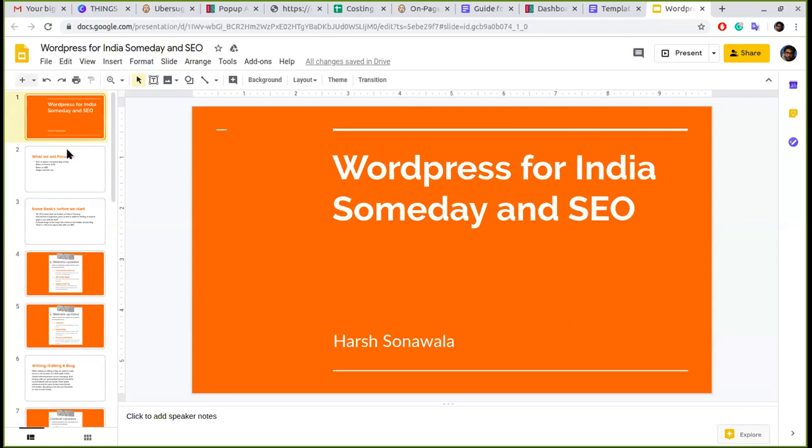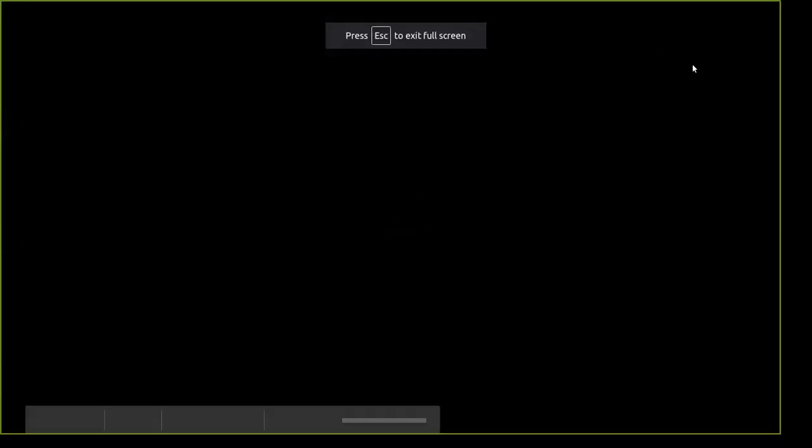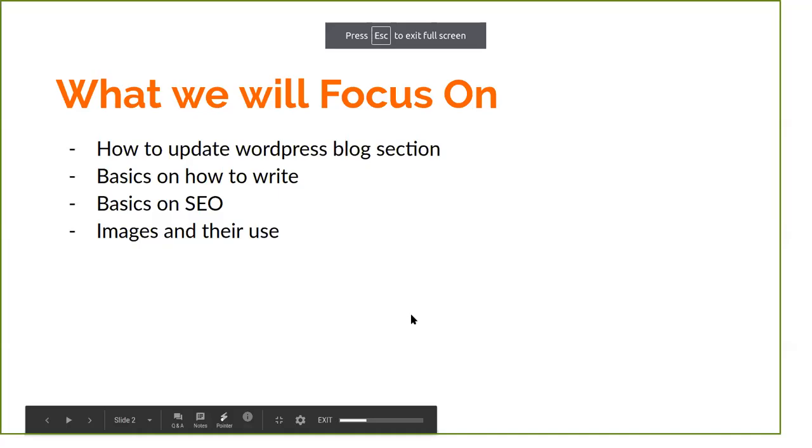Go on full screen now. Focus. So go on full screen. It looks better. Okay, so